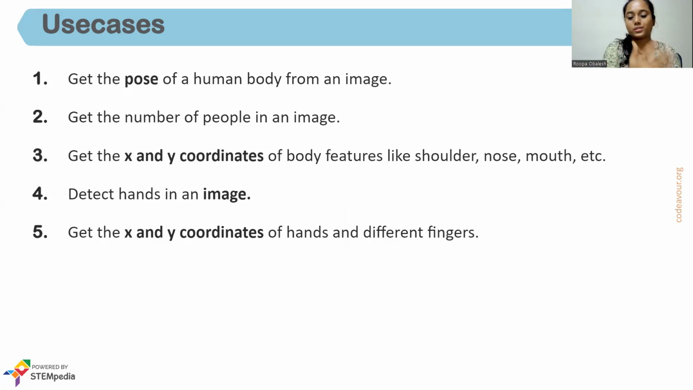So how it works is what is given here. Get pose of the human body from an image and get the number of people in an image. Get x and y coordinates of the body features like shoulder, nose, mouth, legs, knees, ankles, etc. and detect hands in an image. So it will only detect hands. So there is a particular extension for face, a particular extension for hand detection, etc. and get x and y coordinates of hands and different fingers, and then it will track and the sprite will